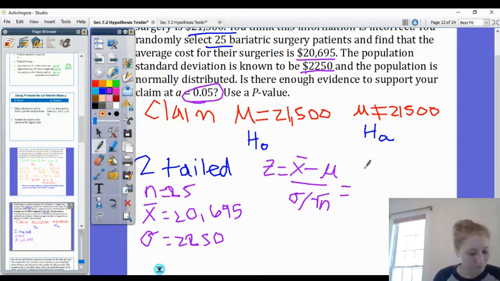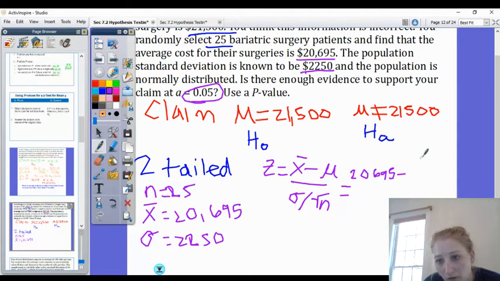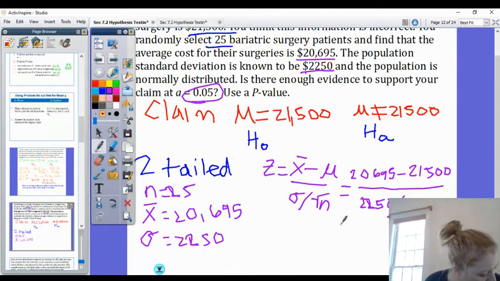So 20,695 minus 21,500, all divided by 2250 over the square root of 25. Doing that will give me a z of negative 1.79. Okay, since this is our two-tailed test,